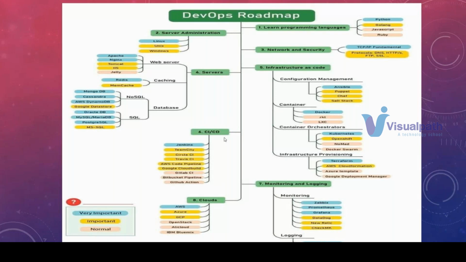Under the part of server administration, I'll be covering Linux. You can say one topic. So you have to learn only one topic from each and every section. It doesn't mean that you have to learn each and every topic that I've displayed here. To survive in the IT industry as a DevOps engineer or DevSecOps engineer, you have to pick any one of the two. Now, under server administration, I'll be covering Linux.